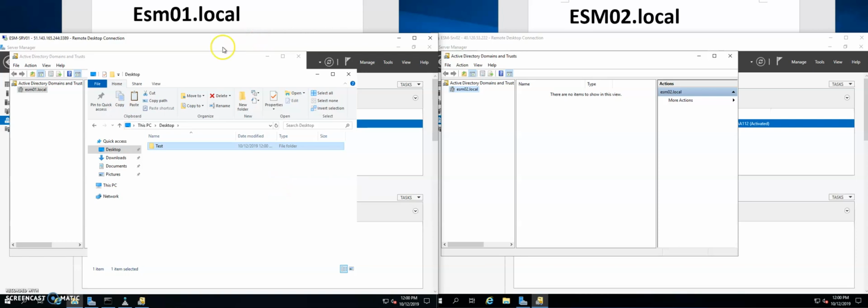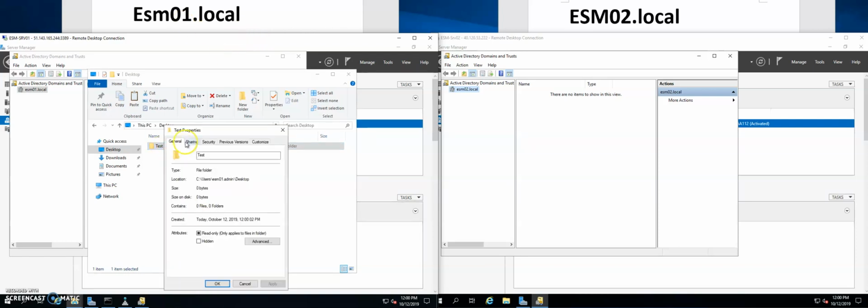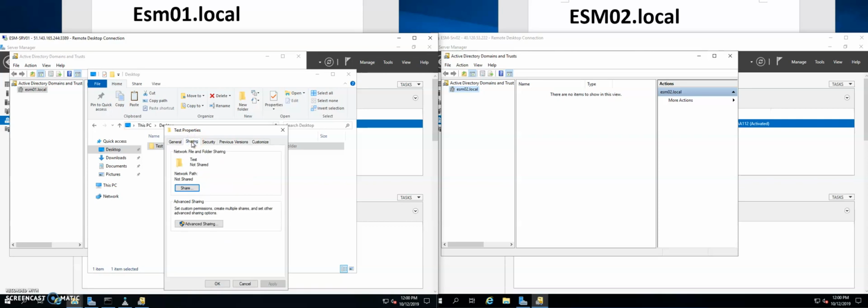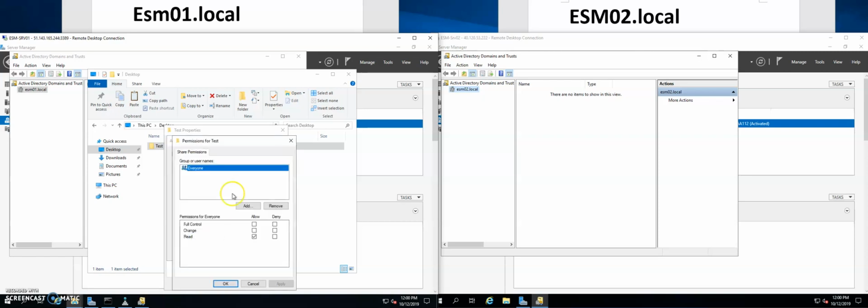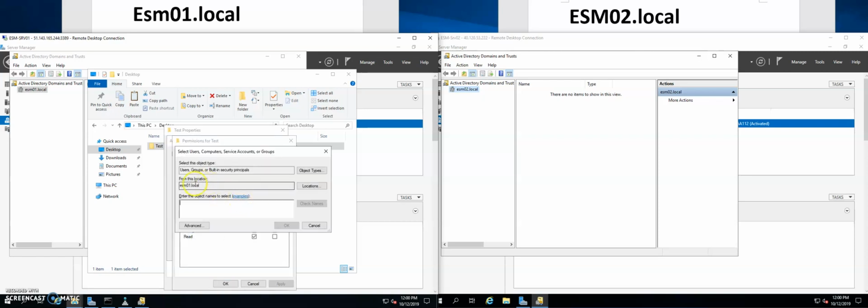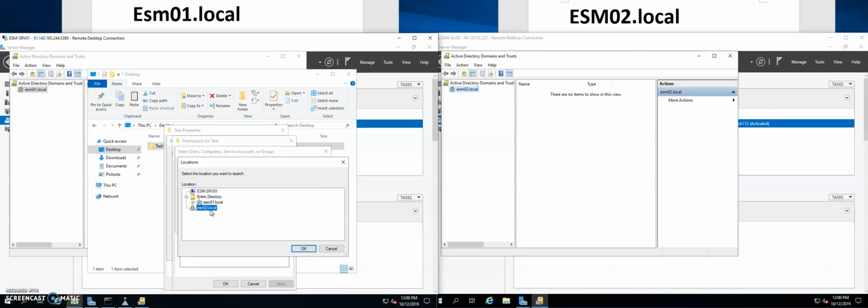on esm01.local, and now we share this folder. Let's see how we can share this folder to esm02. We click the Sharing tab, Advanced Sharing, share this folder and give the particular permission, add the permission. From this location, we need to change this to esm01.local. So before we create this trust, this option was not there, but after that, we can actually manage the